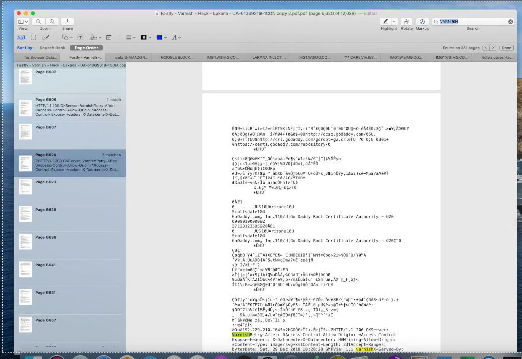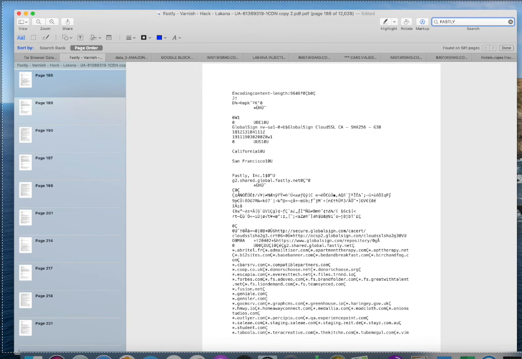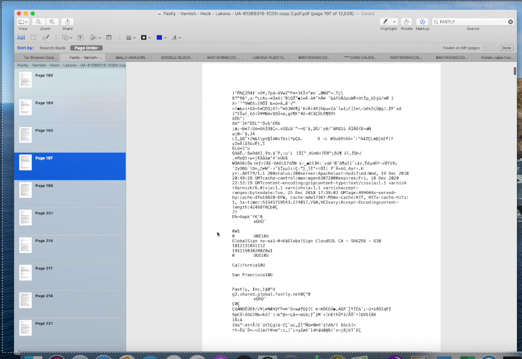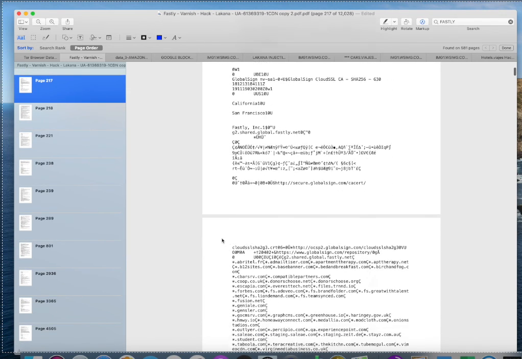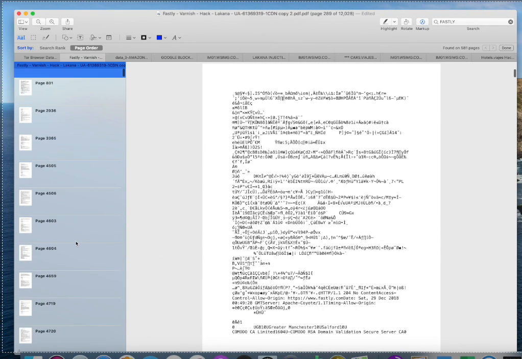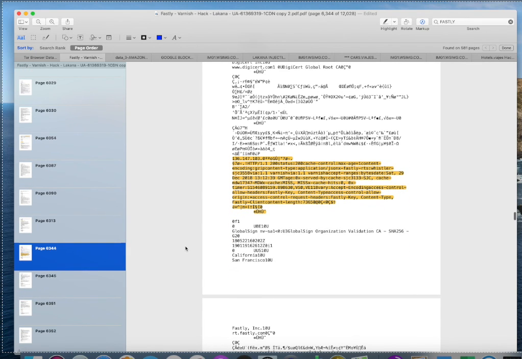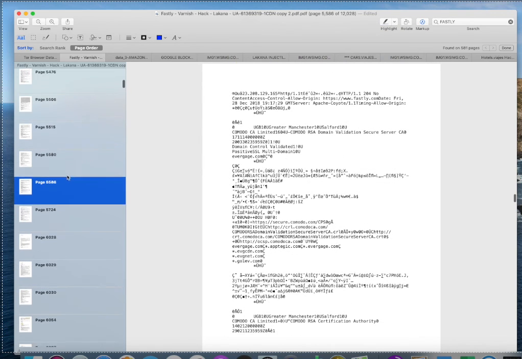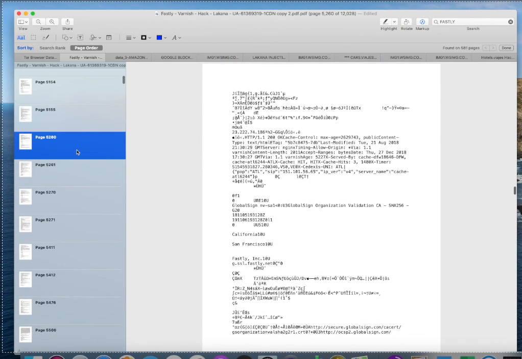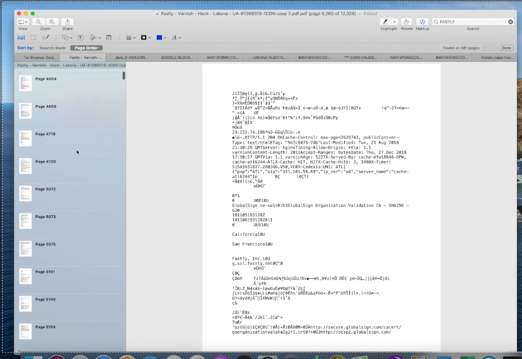Now, FASTLY is in this document 581 times, and LAKANA is helping him here. I'm going to find it in a second as soon as it populates. That's interesting.